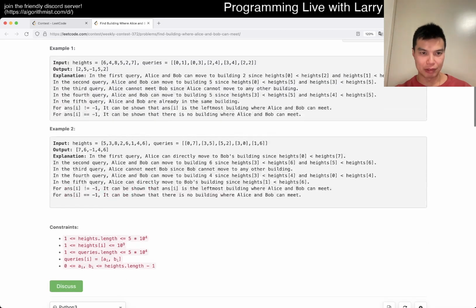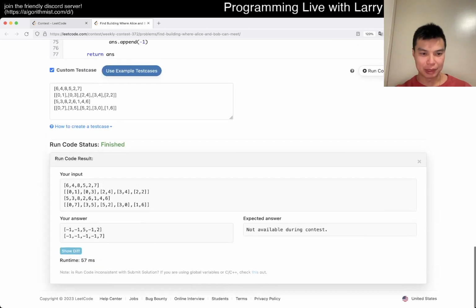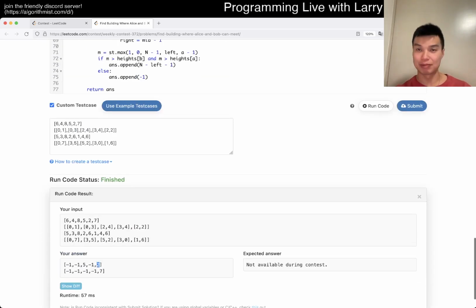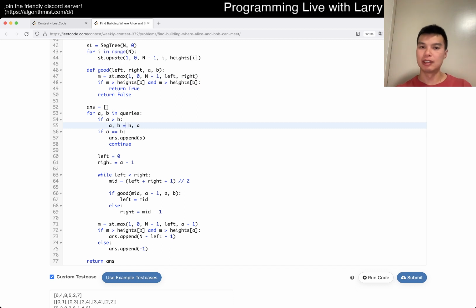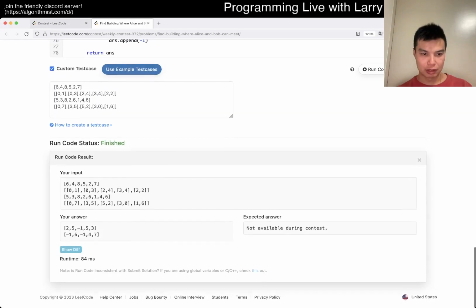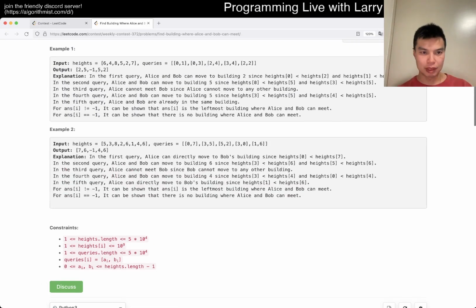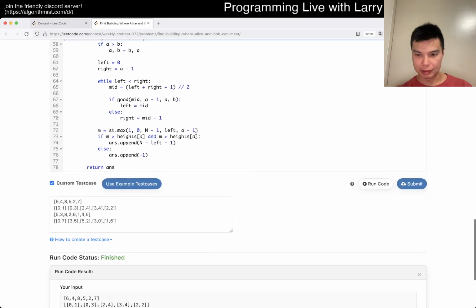Okay, so basically we're back to the beginning where the answers are actually so wrong, but I got the 2 right, so I think that's just the base case, but 0 and 1. Oh, because A and B are different. A, B is equal to n minus A minus 1, n minus B minus 1. That's why. Okay. 2, 5, 1. Yeah, I think I have to swap them only after. Okay, so this thing has to move up, but